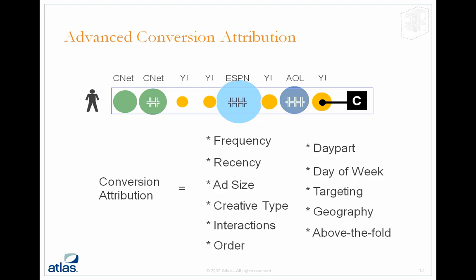So again, the stuff in the first column is what advertisers are going to start looking at now. So as you're listening to this, frequency is certainly something that you have a little bit of control over. Recency, you can't control where a person's going and when they're going to do their stuff in such a direct way, so recency is a little bit less relevant. But ad size is another piece that's very important. So as you start thinking about what your inventory is going to look like next quarter and next year, know that advertisers are going to be using ad size as one of the criteria to share the conversion credit. And so exposing somebody to a larger ad will be more valuable in that history.